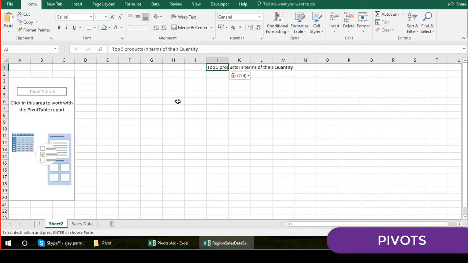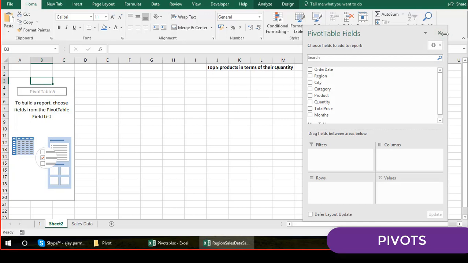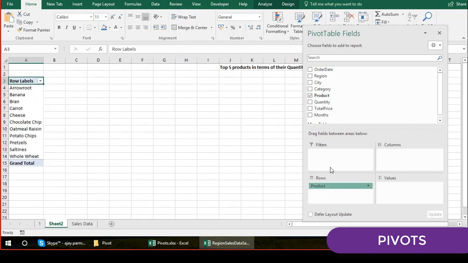So this is how it is. You have the top 5 products in terms of their quantity. Now we need the top 5 products, guys. So first of all, the product has to be there. Now if I need the top quantity, obviously the product has to be here. Now you can't put them in the filter. Now these are all the products coming. Every product is coming n number of times in the data, but it is going to remove the duplicate part, as I was telling you.